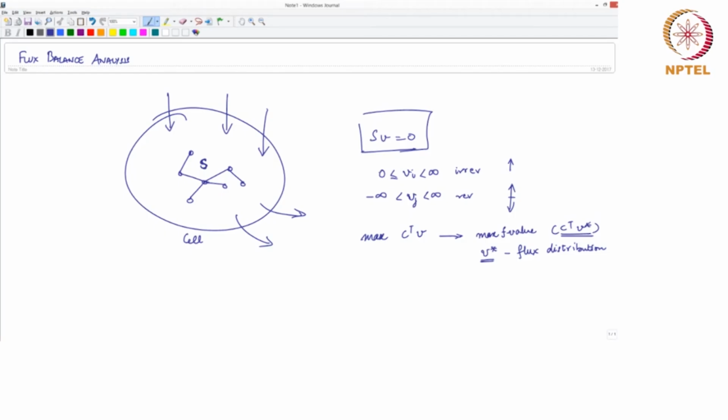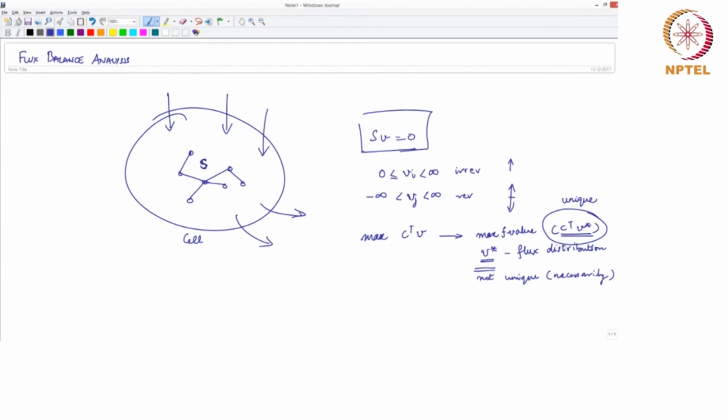It is interesting to note that this is unique, whereas this is not unique. This has major implications for everything we do with FBA, and I think it is easy to understand the math